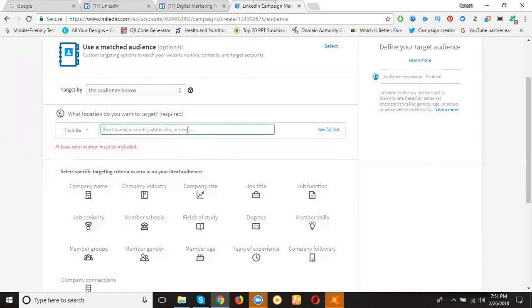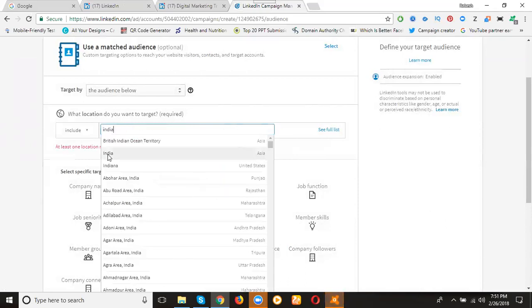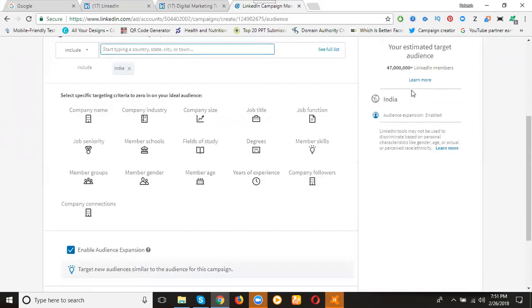Now the target audience. I'm setting it for complete India, not only Hyderabad. So how much traffic will be there? 4 crores 70 lakhs people. Now suppose you have specific companies: company names, industry, company size, job title, job function, job seniority, member schools.